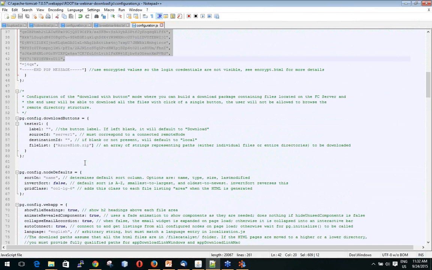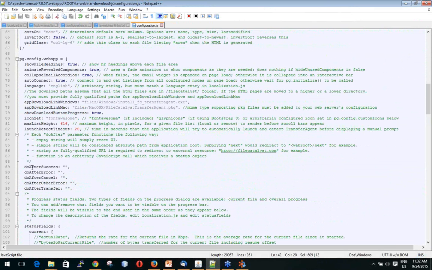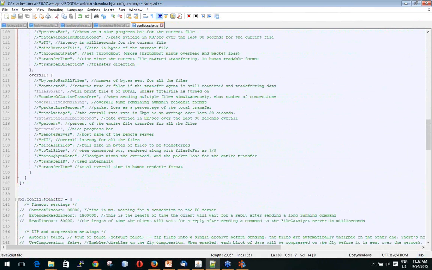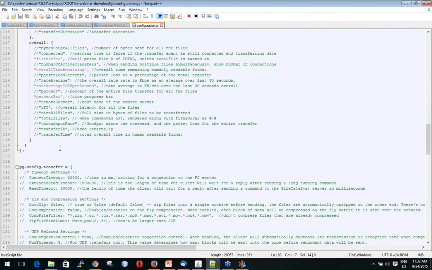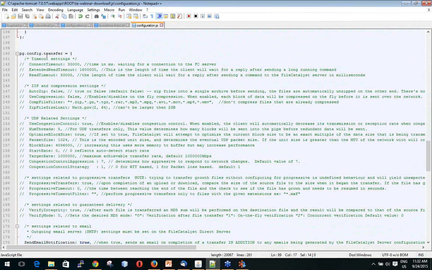And all the other settings that we had with the applets, where you can still call a URL after transfer or redirect to a URL, you can do it. You can still control what you want to show in the progress dialogues. And all the parameters that I talked about on the uploads are also applicable. So you can change all of these,